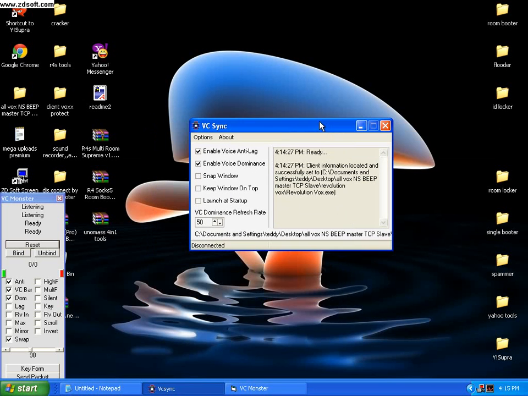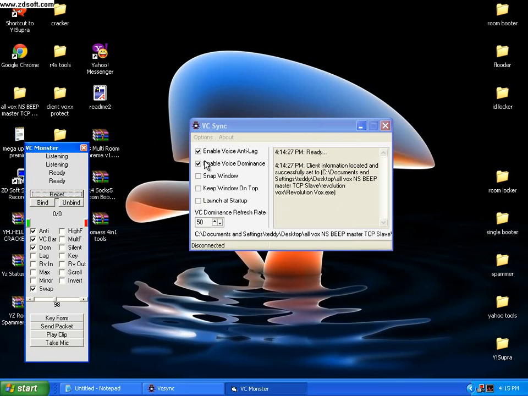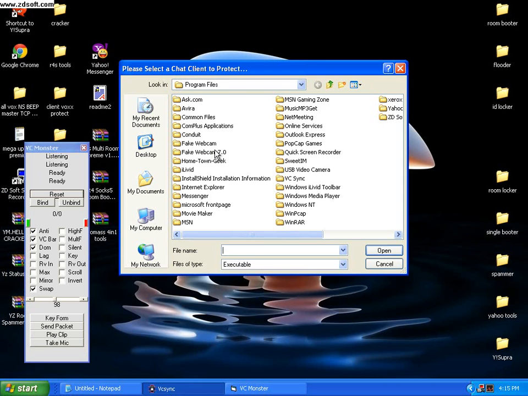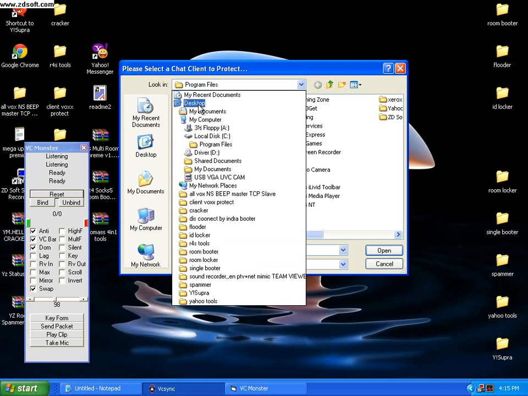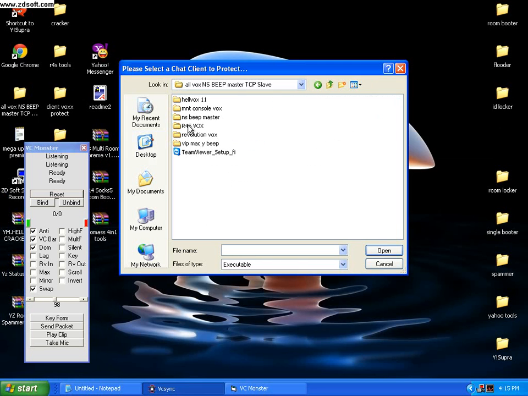As you can see, I've already opened BC Sinks and TCP BC Monster. So all you have to do is options, change client to Paul, close, stop. Okay,